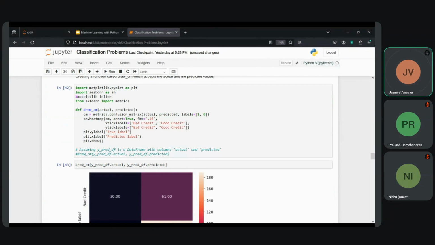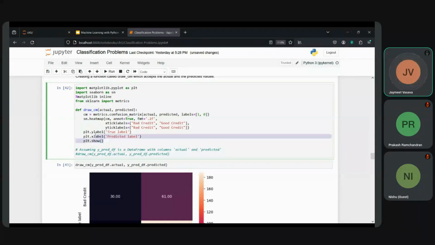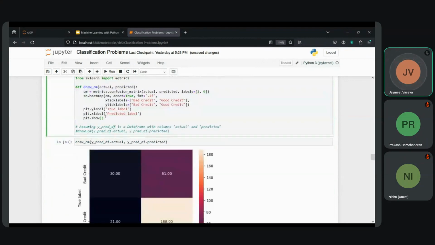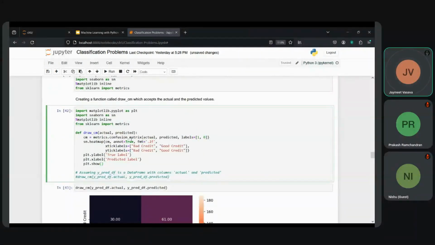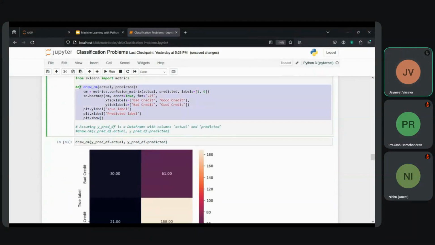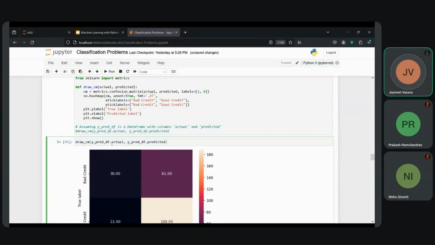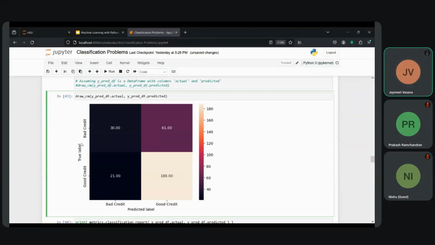Then remember, we used the drawCM function in order to make the confusion matrix. And remember, this confusion matrix that we have created is using the cutoff value of 0.5. So we have written the function, and then we use that function with the Y prediction DF for the actual and the predicted values. So this is the confusion matrix that we get